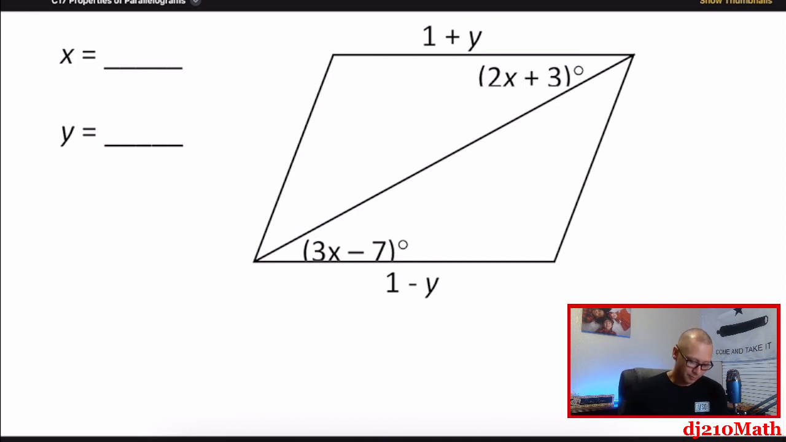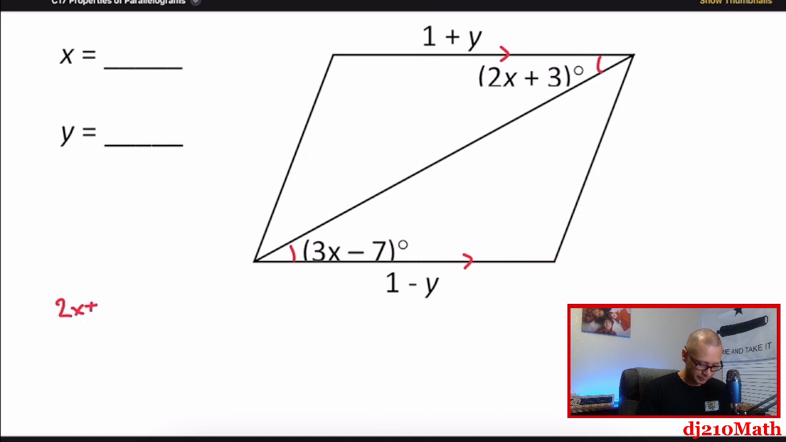All right. So the given angles, we're looking for x and y. So right away, it's a parallelogram for sure. Like, all these are parallelograms. That's the name of the lesson. So alternate interior angles are congruent. So this means